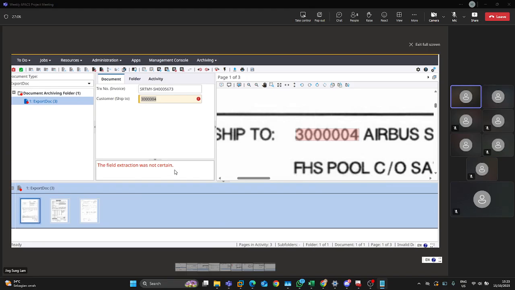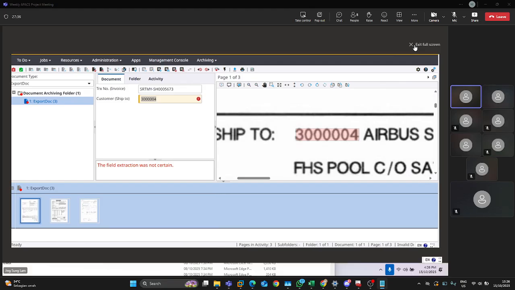From time to time, all 4 document types have some fields that also prompt this. So in my emails, I asked the PDBN team whether it is due to lack of sufficient training data, so that the KDA is not confident enough to identify whether this value captured is correct or not, right? Yeah. So based on the PDBN team response,